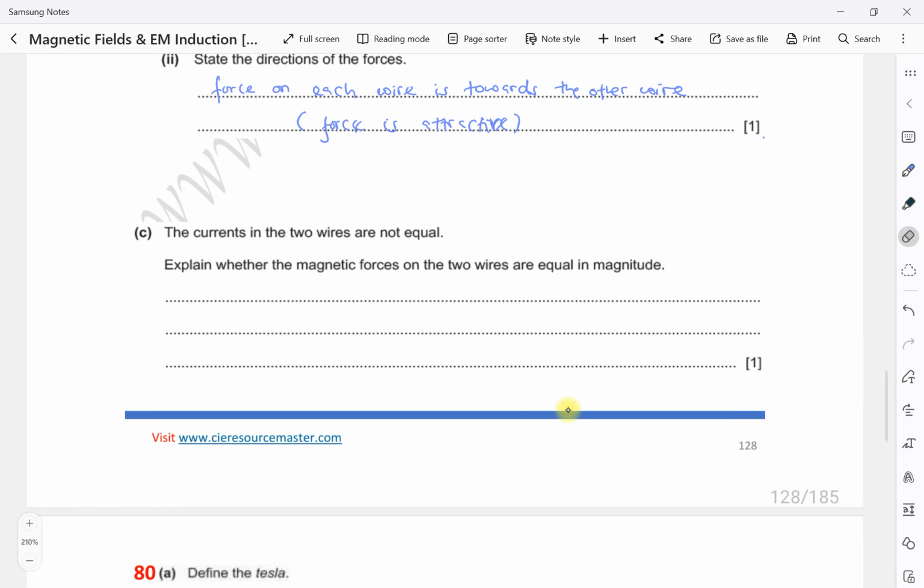The currents in the two wires are not equal. Explain whether the magnetic forces on the two wires are equal in magnitude. So whether the currents are equal or not, the magnetic forces are always going to be equal, because by Newton's third law, the forces will be equal but opposite. The force on wire B, because of the magnetic field caused by wire A, is equal but opposite to the force on wire A because of the magnetic field caused by wire B. So by Newton's third law,